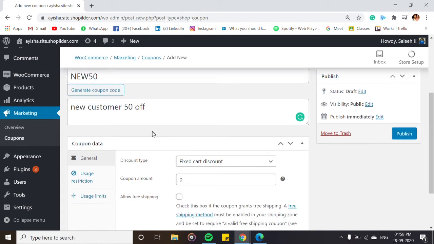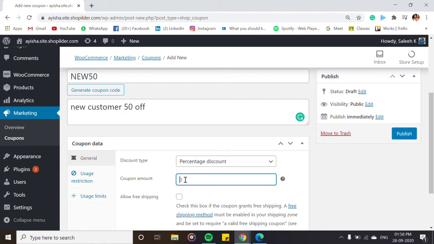Now you have to choose how the discount is to be applied. Here they have percentage discount, fixed cart discount, and fixed product discount. Percentage discount applies a percentage discount to the entire cart. Let's say this is percentage, then 50 percent is applied for your customers. Let's write the coupon amount.